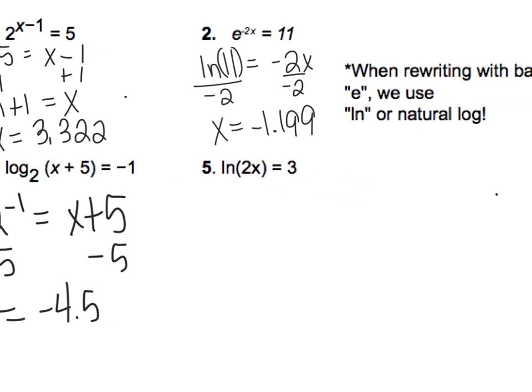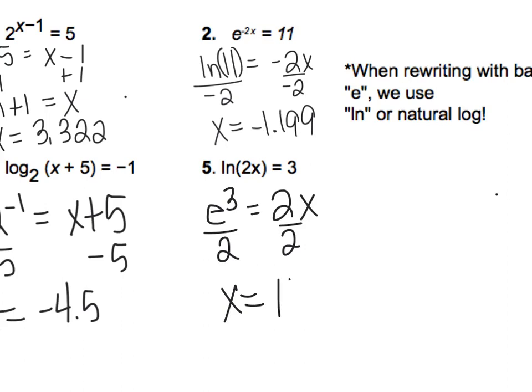Okay, on question number 5 here, we have the natural log of 2x. That's like log base e of 2x. So that would be e to the third equals 2x. Again, we're wanting to get x all by itself, so we don't want 2x, we want x. And if I divide both sides by 2, remember e is just a decimal value, it's 2.718, so a button on your calculator. So you're going to want to hit e to the third power, and then you're going to divide that by 2, and you should get x equals